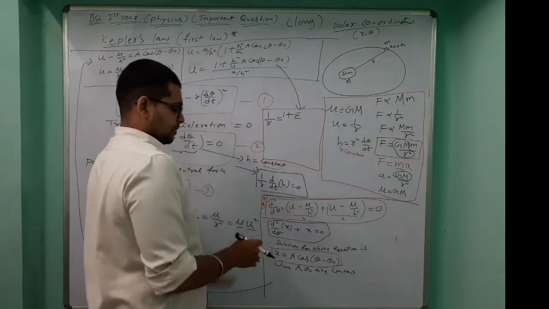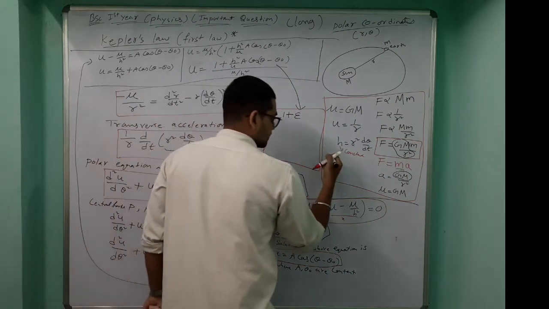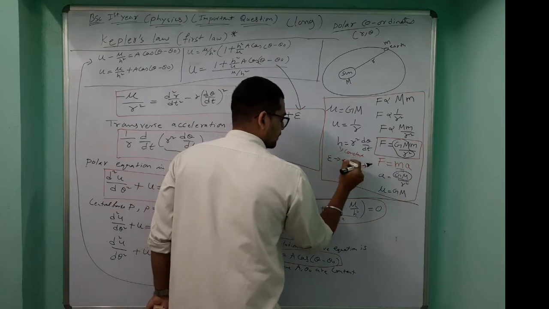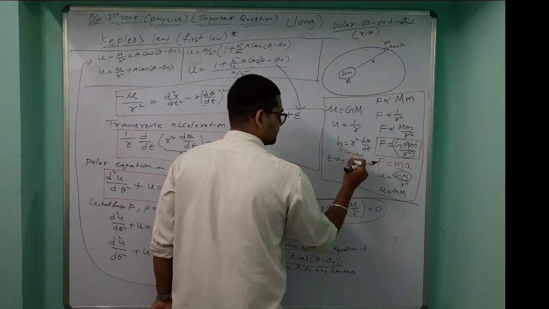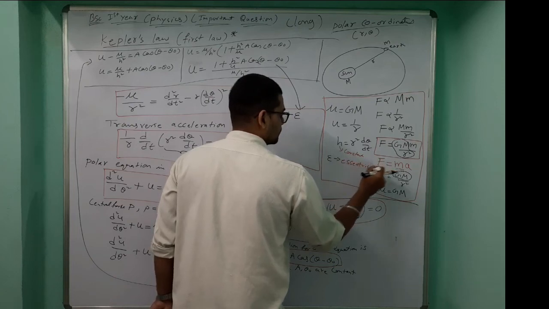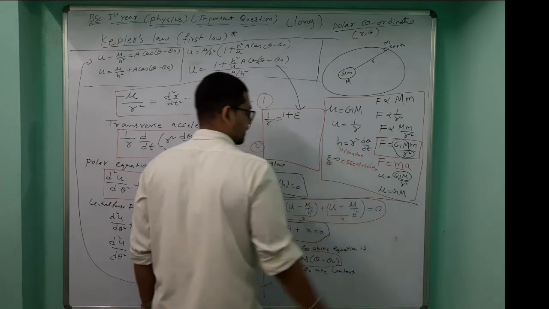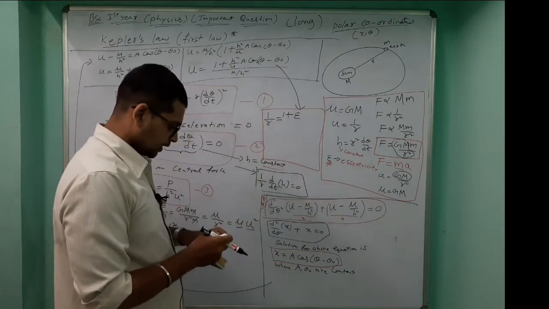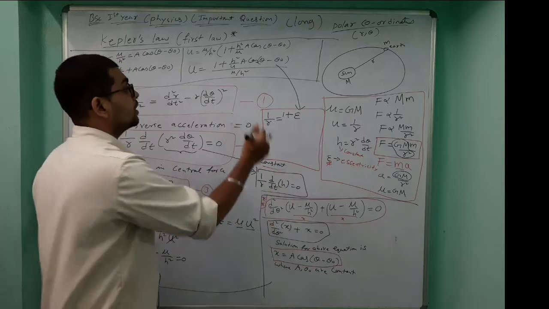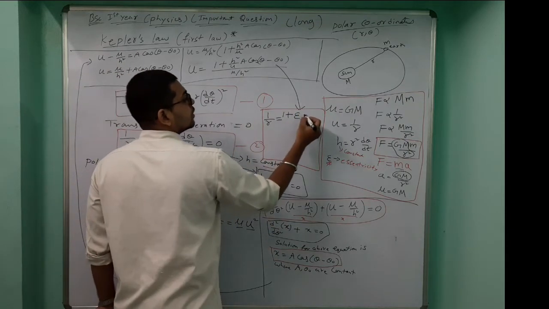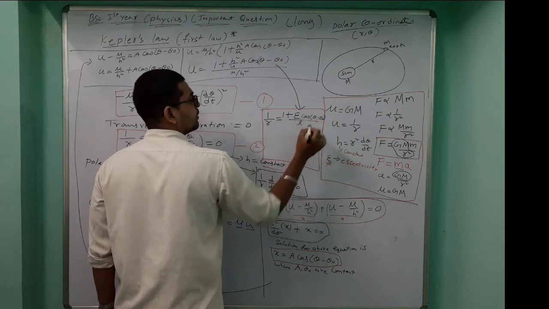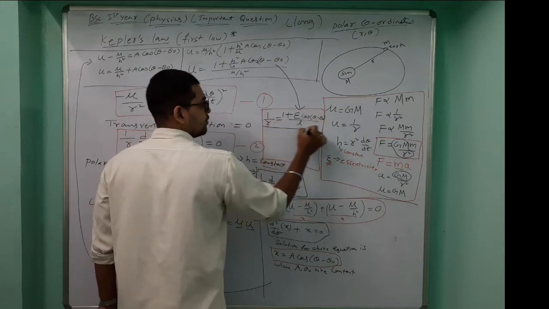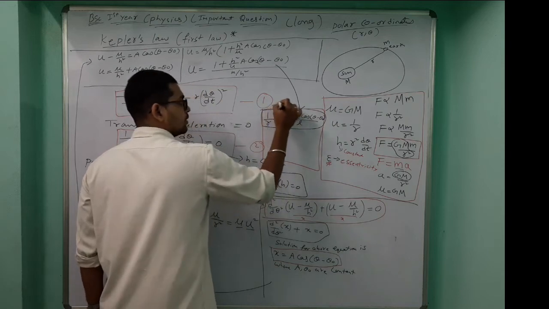eccentricity. This one you have to remember. So this is nothing but e, eccentricity. This is very much important. Okay, so depending upon that one we'll say whether it is elliptical or not. Okay, now it will be cos of theta minus theta naught by L. Okay, this is the main thing we have to remember.